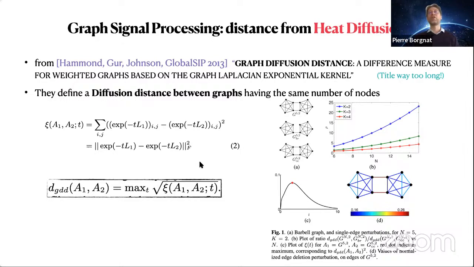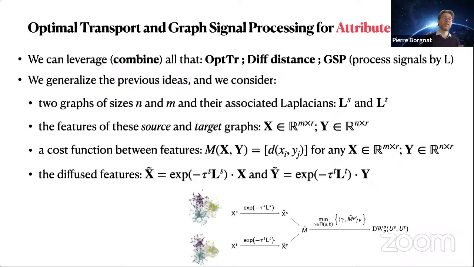So in a sense, it was okay for graphs with the same number of nodes, and we wanted to see whether it's possible to do the same for graphs with a different number of nodes, and whether it is possible to use the same idea with attributed graphs. Hence, we went to this idea that if we want to leverage all that, optimal transport, diffusion on the graph,